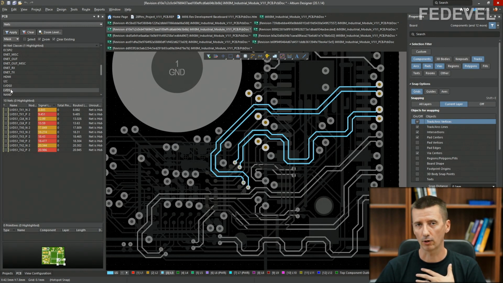This is what I normally don't do. I normally try to route all the signals from the same interface the same way. So if I decide to use layer 3, then I will use it for all the signals in this interface. Especially if you need to do length matching, then it will be very useful for several reasons.